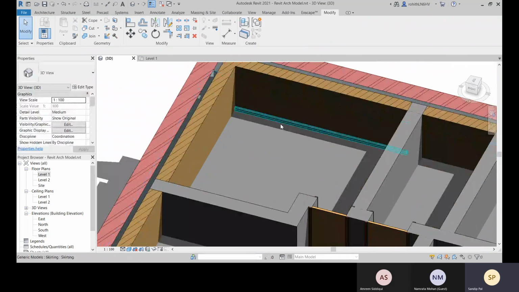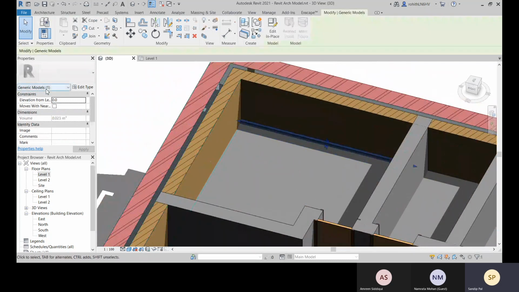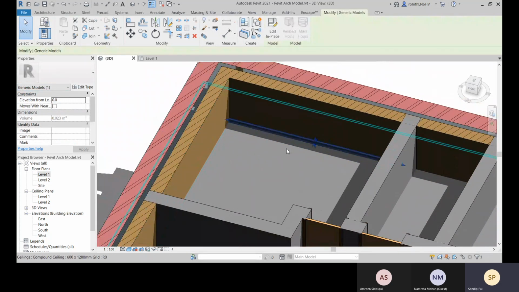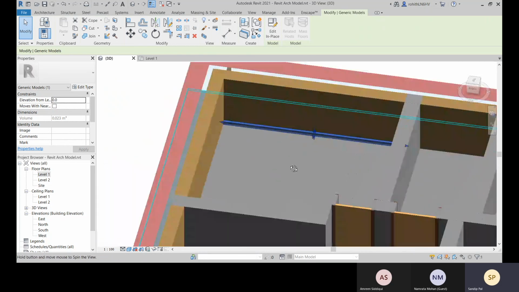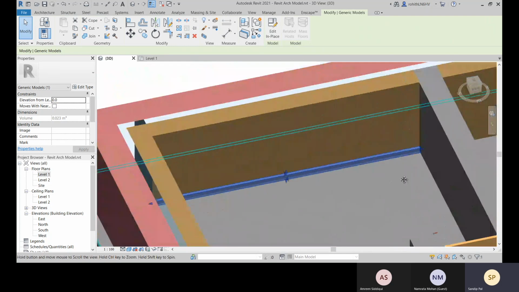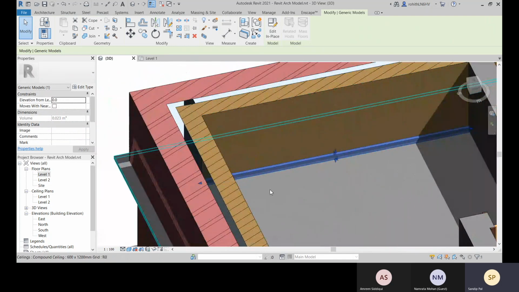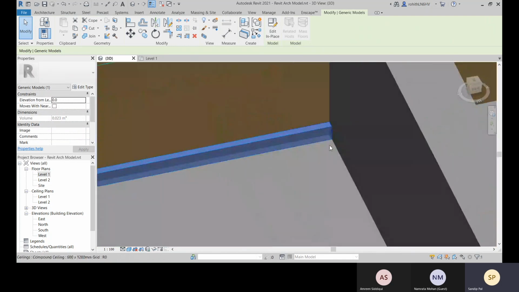This model is finished and this is the in place model. This is your in place generic model category and this is unique to this project. You cannot have this in another project or externally insert it into another project. So this is unique to this project. It will be present within this project only. You cannot save it externally. Okay, and now you can assign some properties over there.